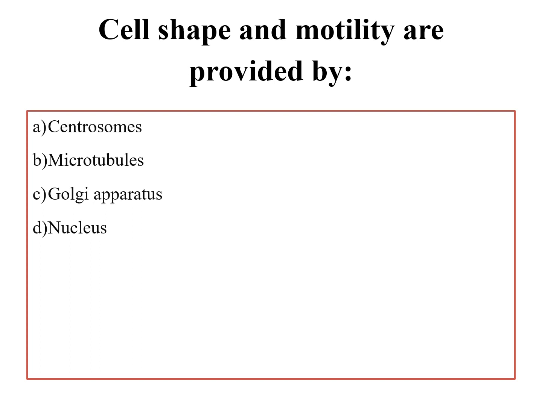Cell shape and motility are provided by centrosome, Golgi apparatus, nucleus. So which structure is involved in providing shape to the cell, and helps in the motility of the cell? That is microtubule. So cilia and flagella, which are involved in motility, will have more number of